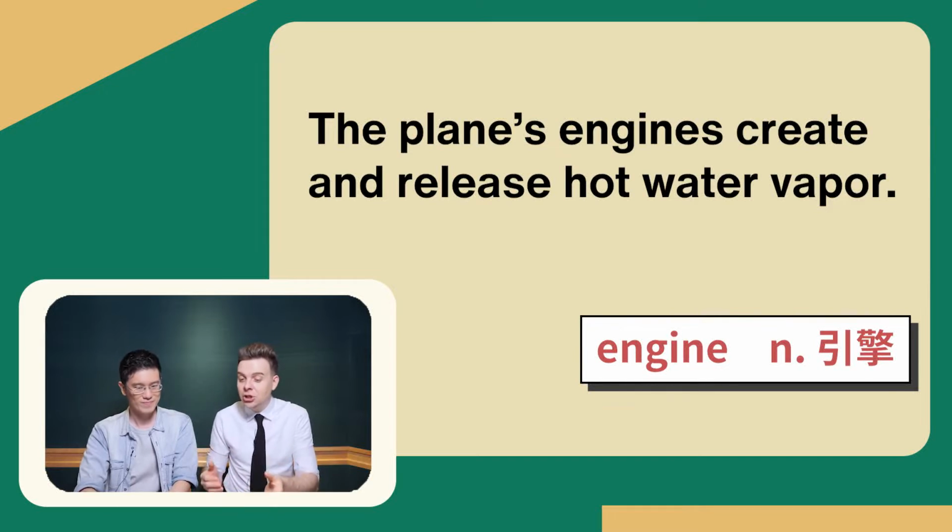The plane's engines create and release hot water vapor. Now, water vapor is just like gas water. It's like when you boil a pot of water, the steam that comes off, that's water vapor. 呀，没错，就是水蒸气的意思哦。所以这边的话，这句话，the plane's engines，好，这个飞机的引擎呢，create and release，好，它就会创造出，甚至会释放出什么呢？hot water vapor，好，就会释放出很热的这种水蒸气。Okay, so we know what an engine